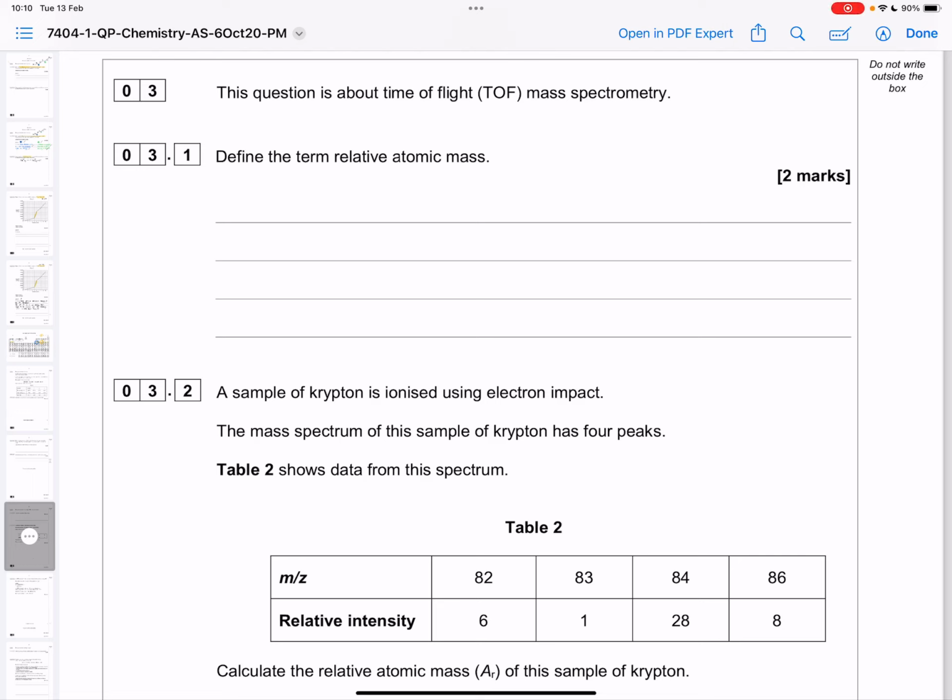This question is about time of flight mass spectrometry. The first thing we're being asked to do is define relative atomic mass. So this is quite a tricky definition. There's a lot of features to it and it needs to all be correct. So it's the weighted average. We're averaging our